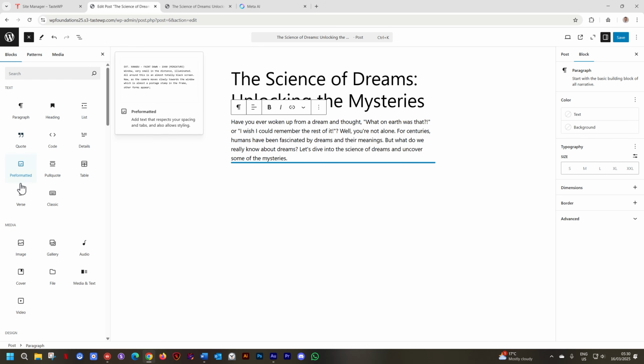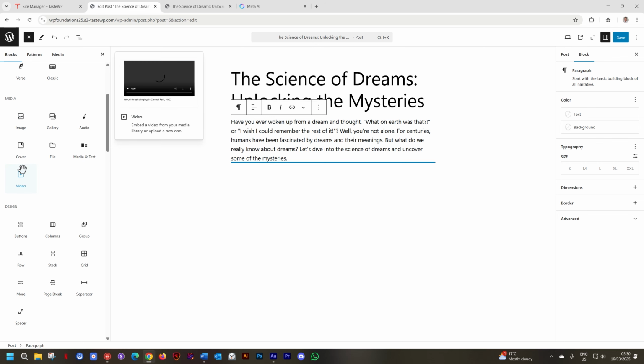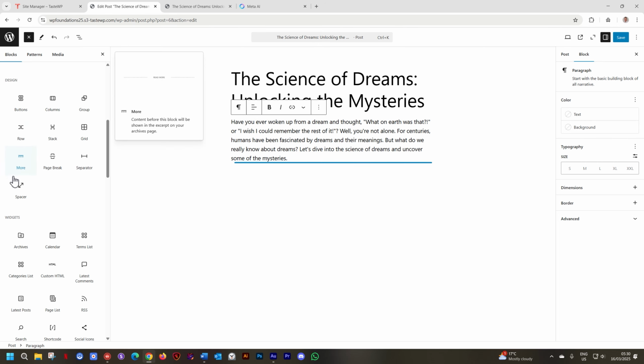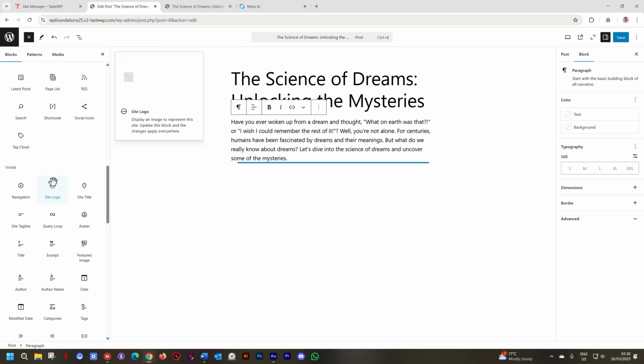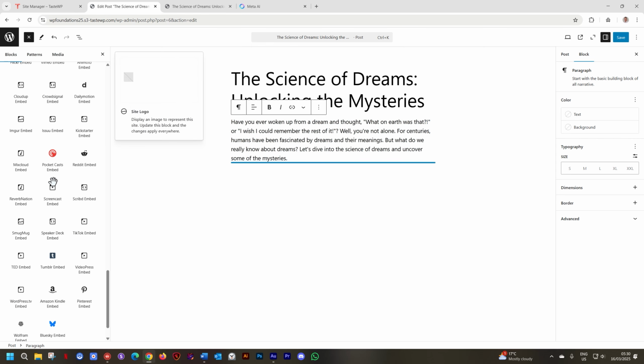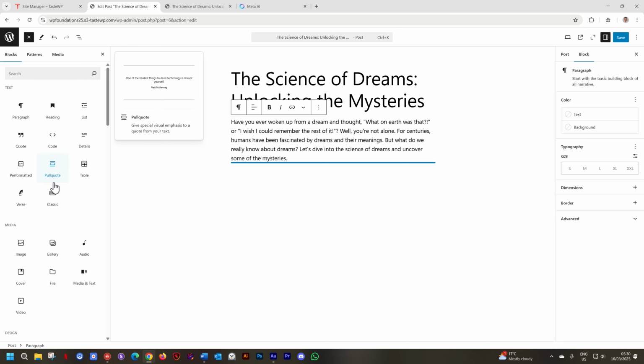Now have a quick look what you see here on the left. You see blocks that are related to text. You see blocks that are related to media, like images and video. Then you see design, or what I refer to as layout blocks. And then there are widgets, there are themes, and other loads of blocks that you can use to build out your website. The block I'm looking for is to create a heading. If you remember, I'll just go to Meta.